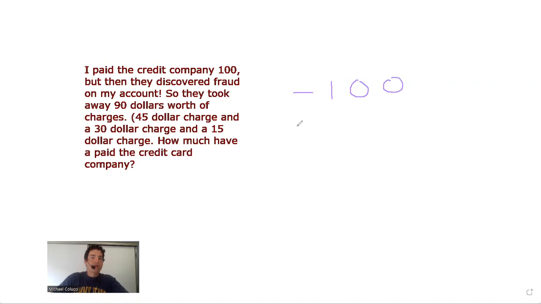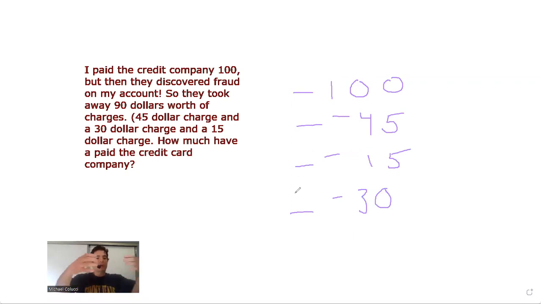The credit card company took away a $45 charge. They took away a $15 charge. They took away a $30 charge. These are subtractions, and I'm denoting a subtraction because the credit card company took away these charges that were negative numbers on my balance sheet. This is why sometimes it's useful to think about subtracting a negative as adding the positive, because when I actually go to do the math,